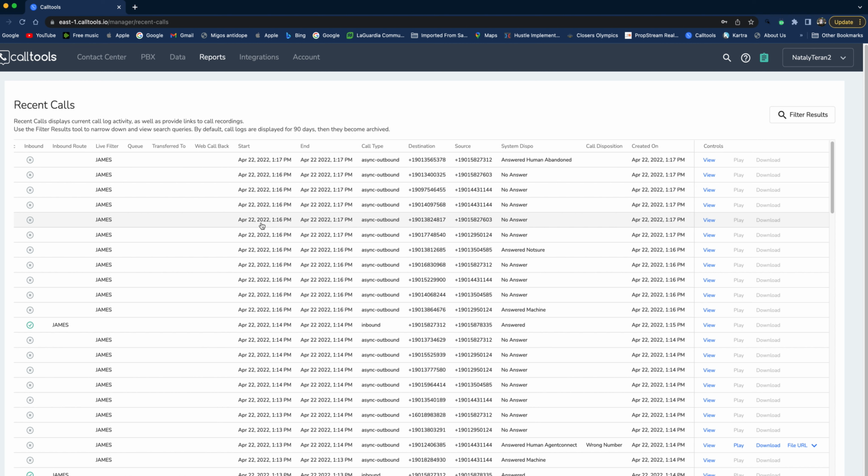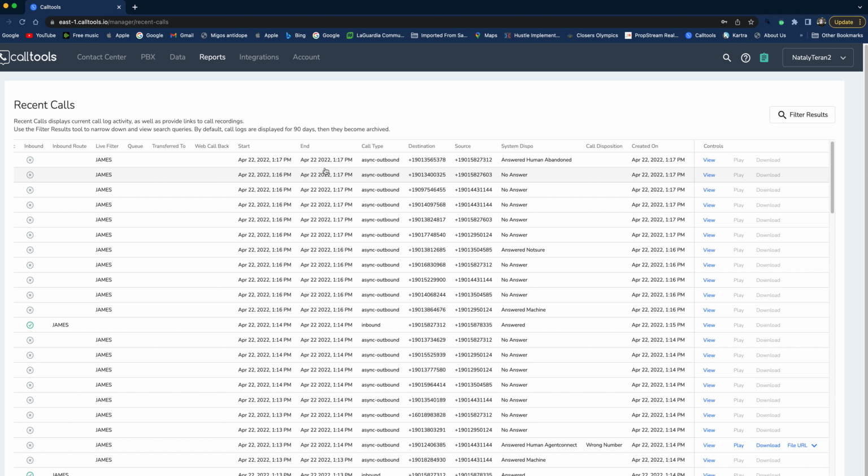If you see very big gaps, then they either stepped out of the campaign to take a break for no reason. They should have told you. Either they did that, they took a break, which is not acceptable, or they weren't trained properly. What I mean by they weren't trained properly is that with the dialer, sometimes when you connect to an individual and you start having a conversation and the conversation goes on for very long, and then you get off the call and you disposition them,